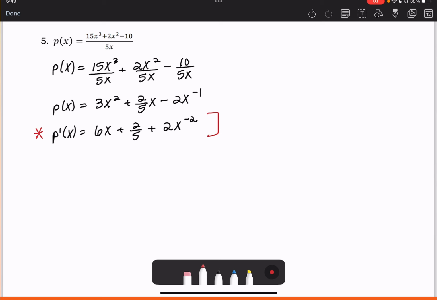Once again, this is going to be a lot better to get into Excel as compared to what we would get if we did the quotient rule. Okay, so like I said, you have to start thinking ahead about where things are going here a little bit so you're making the right choice. Okay, so you're going to use the quotient rule when it's not possible to simplify the function and just use basic derivatives. Okay, and that's when you're only going to use the quotient rule